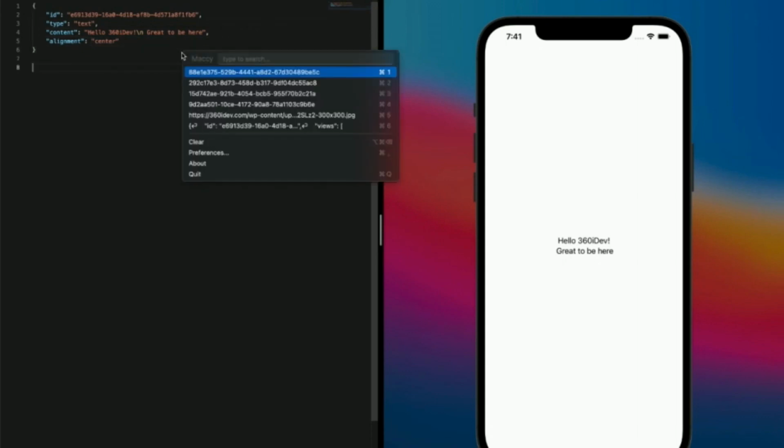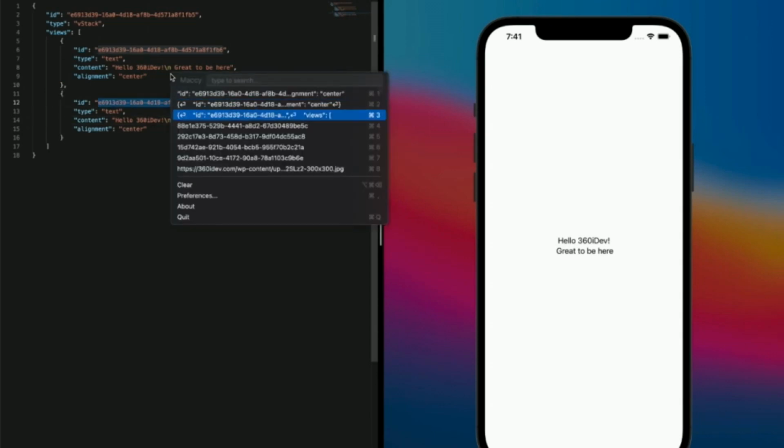Where we have on the left-hand side our JSON backend data structure that is being monitored or consumed from my encodable SwiftUI view on the right. And every time I'm saving, it is literally reloading the SwiftUI view. So very simple logic that we can easily replicate. Right now, we just have a text that has even a line break in it.